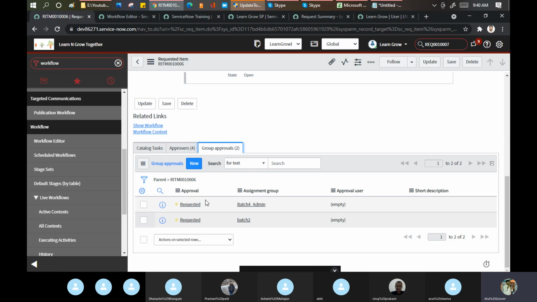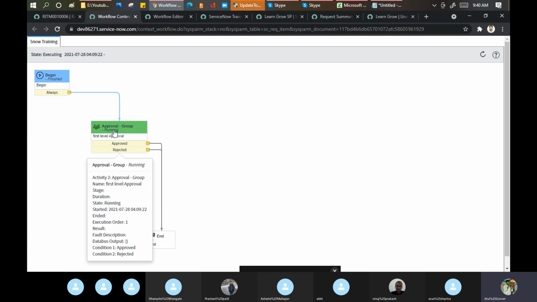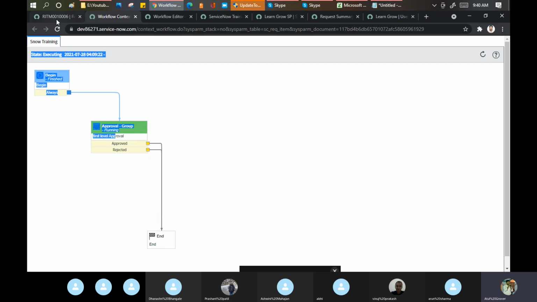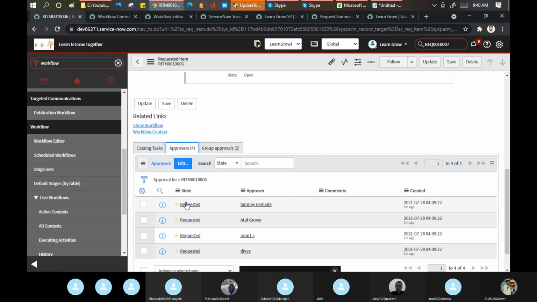Now, if you want to see it in the workflow manner, open this show workflow. And in the workflow, you can see it is green. It means my workflow or my item is stuck on this point. Now what I will do, I will approve this. Approve.